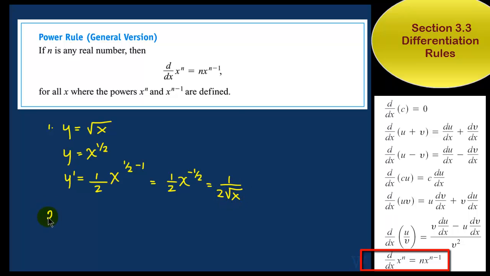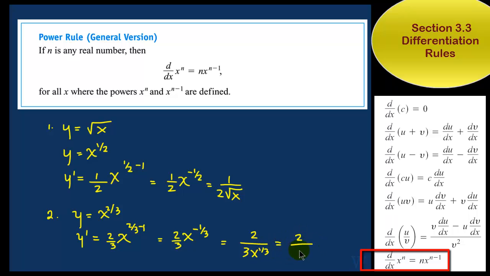So if we've got another function, say y is equal to x to the 2/3. By definition of the power rule, y prime will be 2/3 times x raised to the 2/3 minus 1, which is equal to 2/3 times x to the negative 1/3. So if I rewrite that, it'll be 2 over 3x to the 1/3, or 2 over 3 cube root of